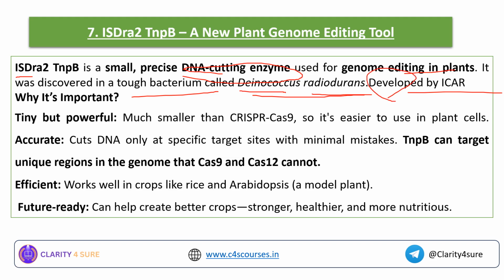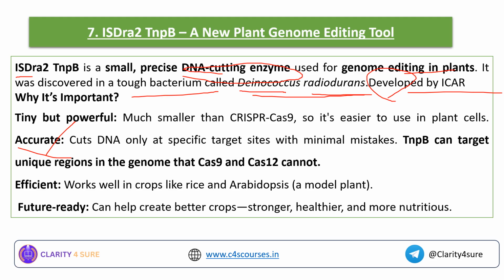Why is it important? Because this DNA cutting enzyme is very small, because we all know that Cas9 and Cas12 proteins act as DNA cutting molecular scissors. The enzyme that has been discovered newly is also a protein, but it is much smaller than the CRISPR-Cas9 protein, so it is easier to use in plant cells. Okay, one important thing related to this new enzyme is that it is very accurate, meaning it will cut the DNA at the specific targets only with minimal mistakes, whereas